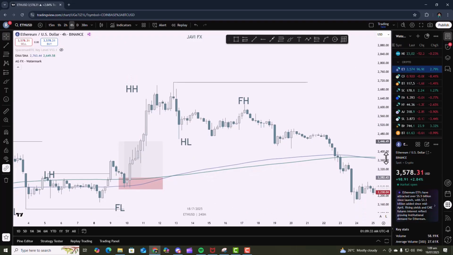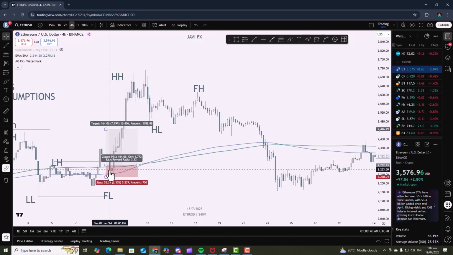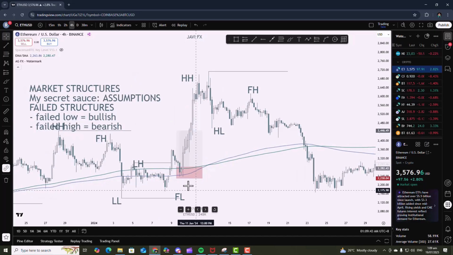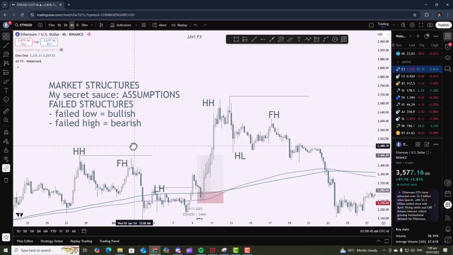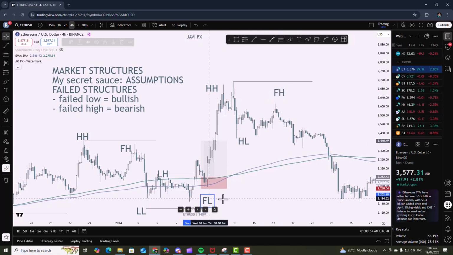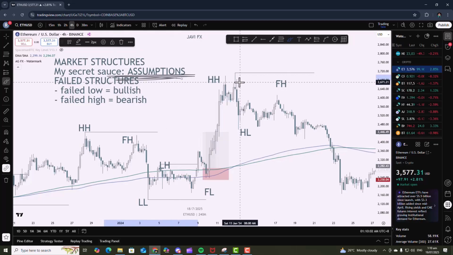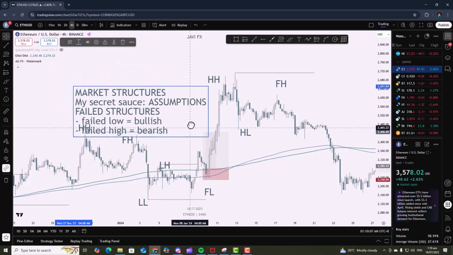Right? Now you can try this by yourselves, right? You can see market structures, right? In any coin that you choose. This is Ethereum. You can try Solana. You can try Bitcoin. The same thing, right? The failed high concept, the failed low concept, right? The assumptions concept, secret sauce. I suggest you guys try it on your own. I suggest you guys put this to heart,